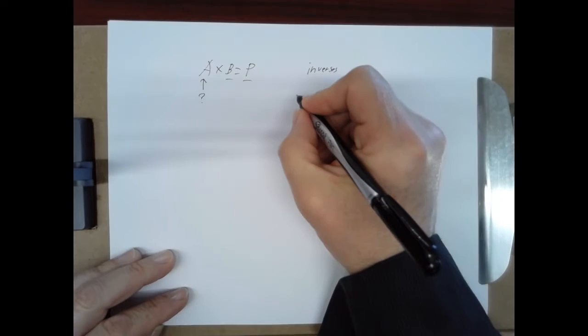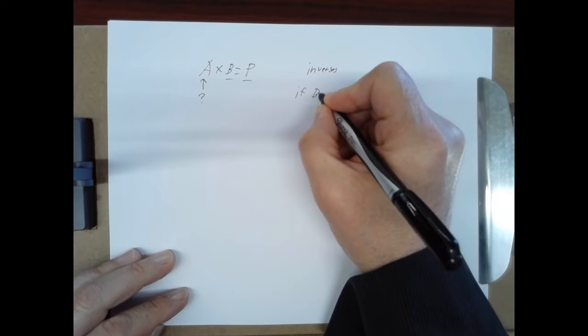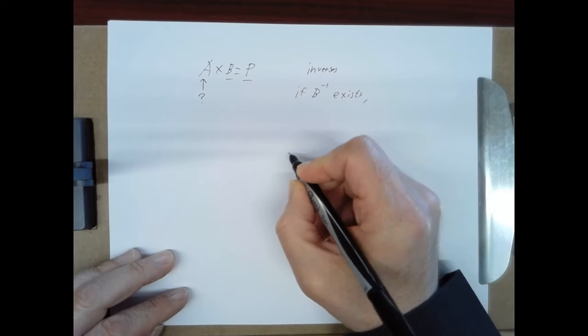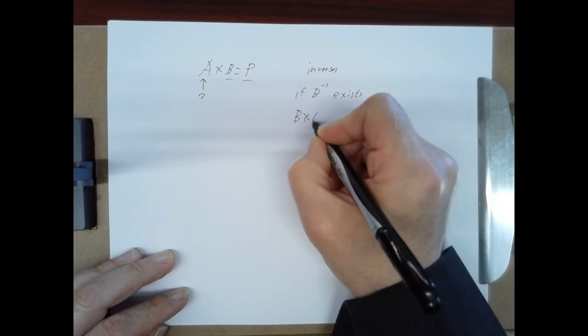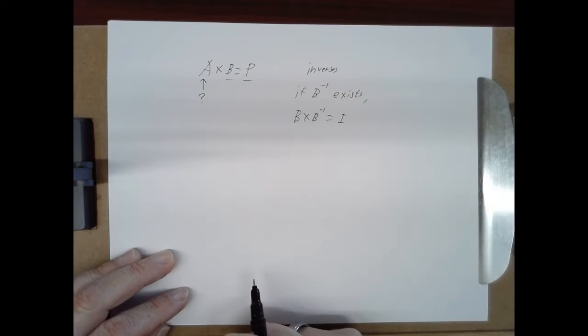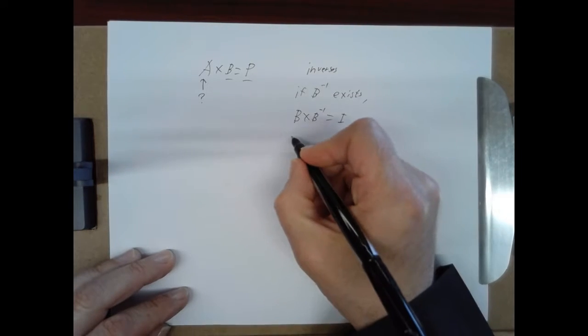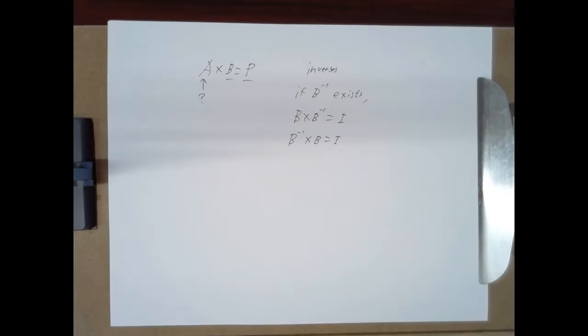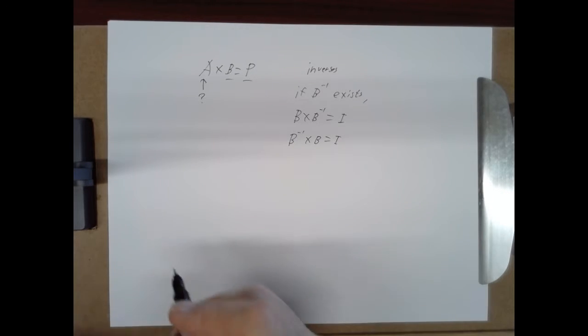So what we can do is define B inverse and say if B inverse exists, it's a matrix that when we multiply by B, it gives us the identity. And also, if we multiply B inverse by B, we get the identity. So matrix multiplication is not generally commutative. Okay, in particular,